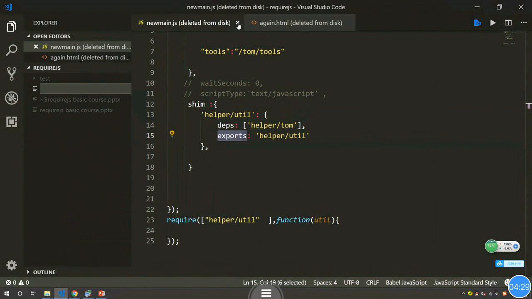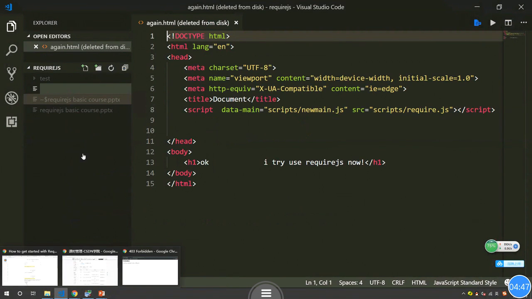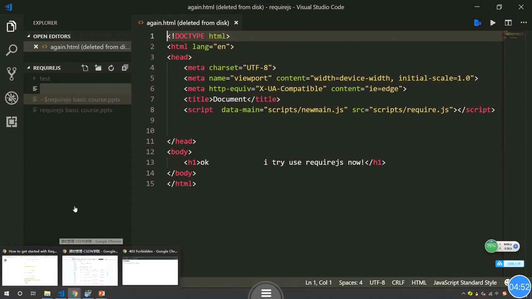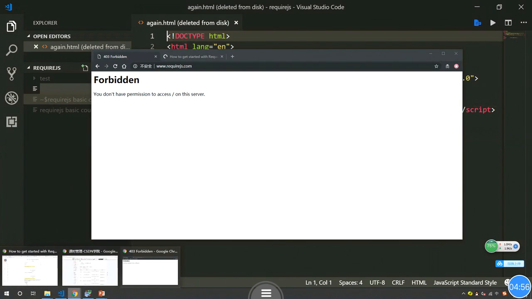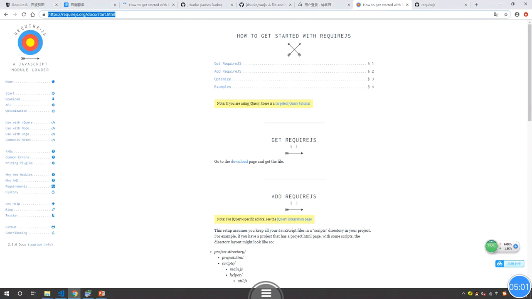Close the old file. Okay. And slowly. Okay, it's